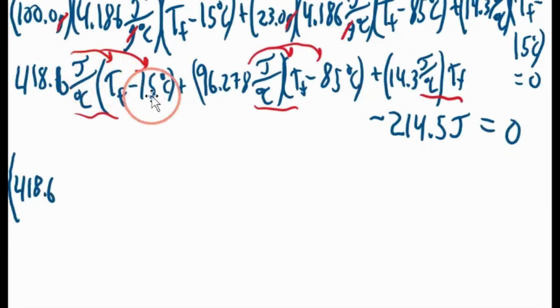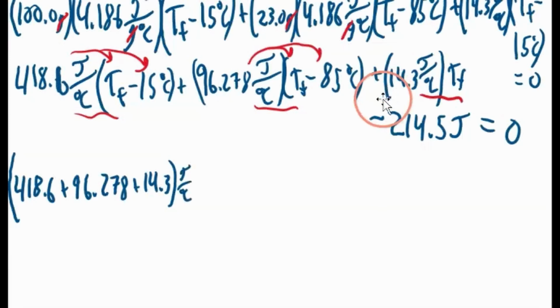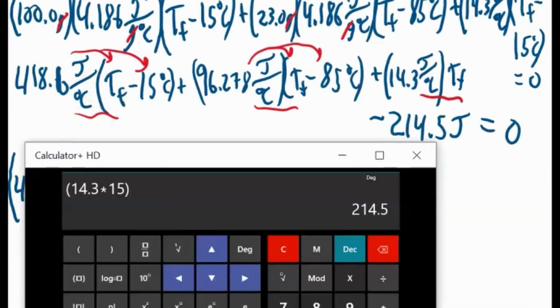418.6 plus 96.278 and plus 14.3, and this is all joules per degree Celsius, right? I'll put the units there, and then this is T final because I factored out T final, and now we have